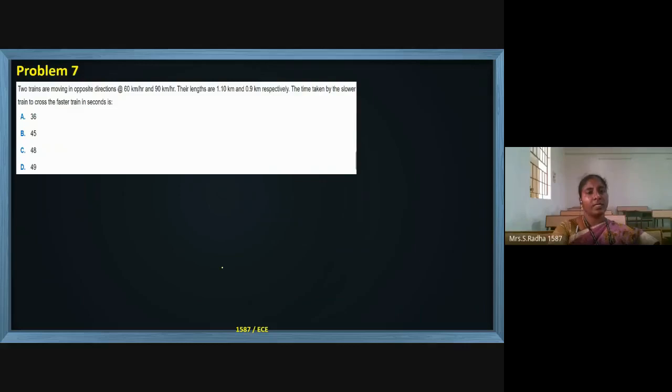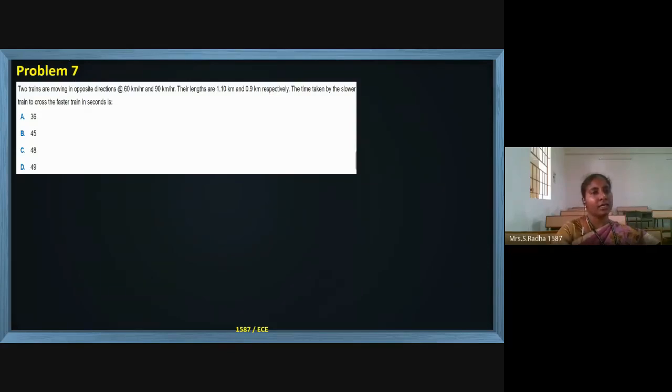Two trains are moving in opposite directions at 60 kilometers per hour and 90 kilometers per hour. Their lengths are 1.1 kilometers and 0.9 kilometers. If you convert to meters, it is 900 meters and 1100 meters. The time taken by the slower train to cross the faster train is...